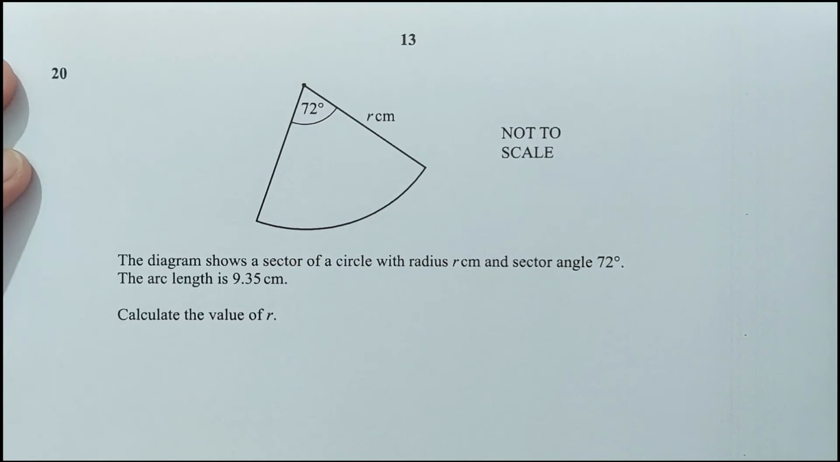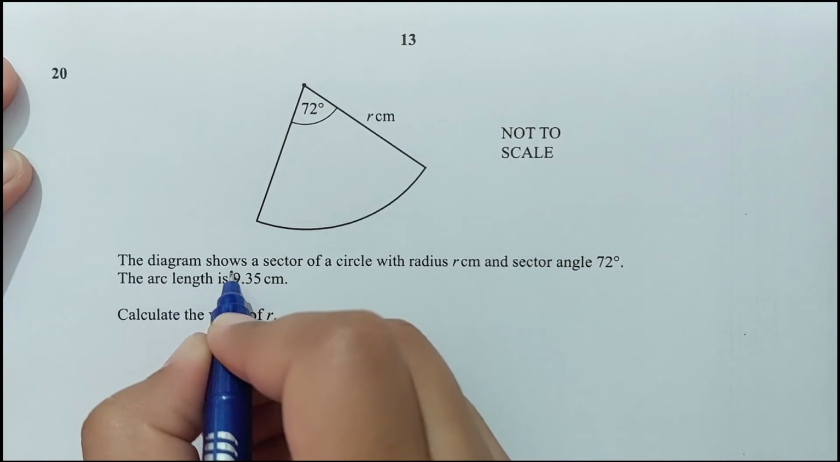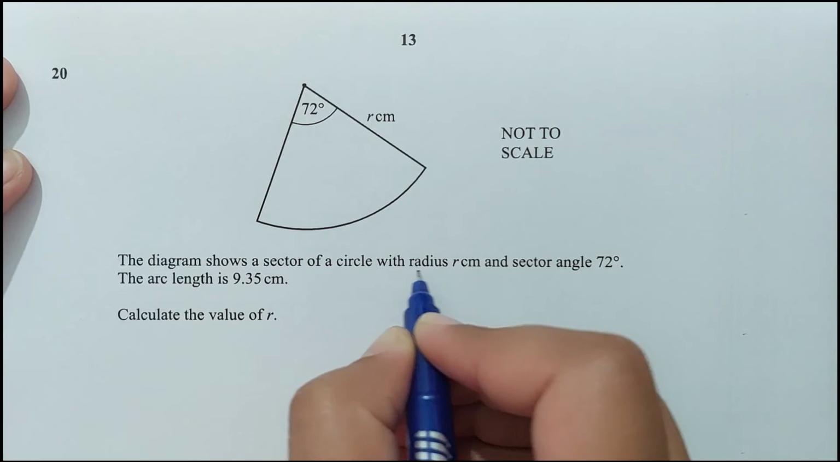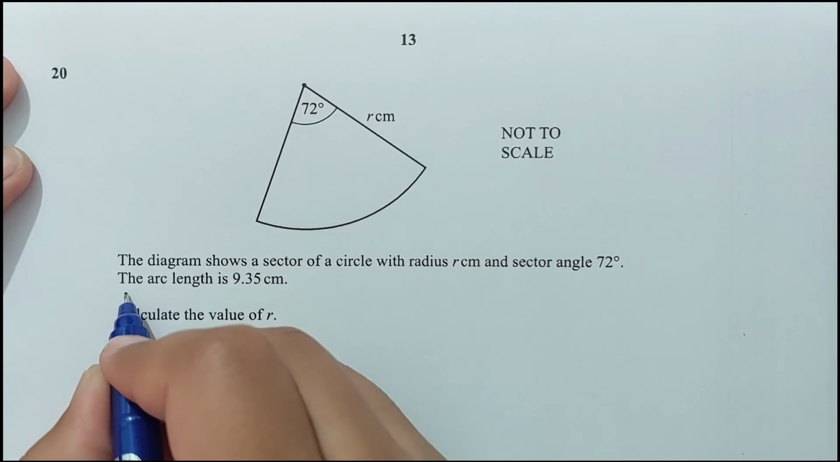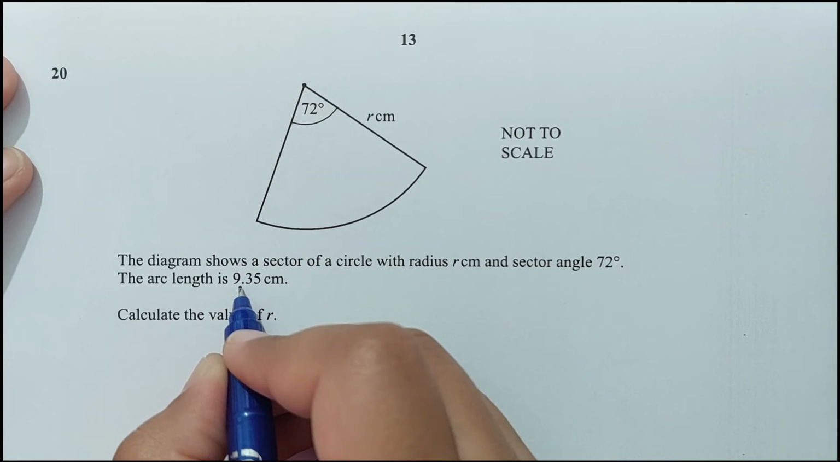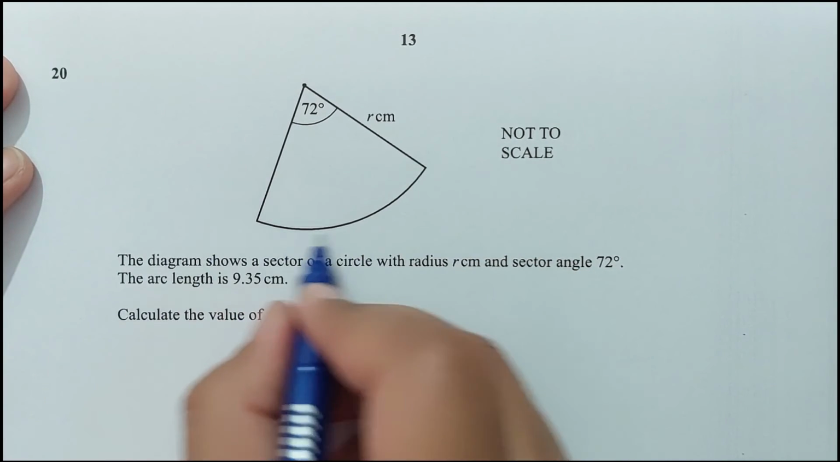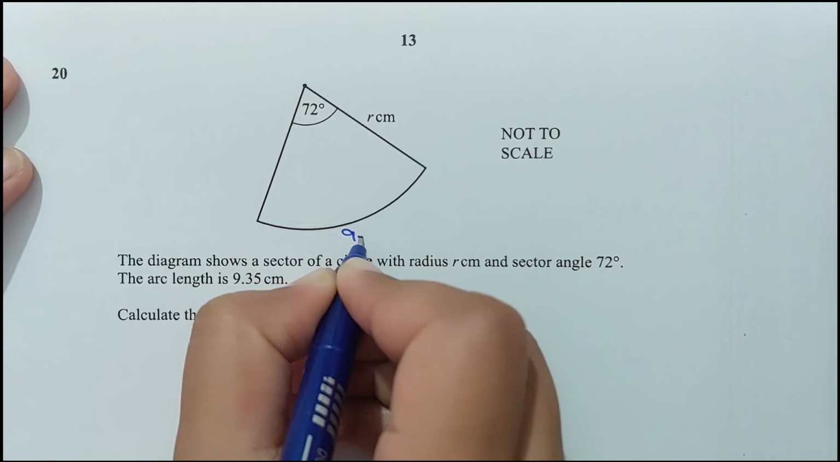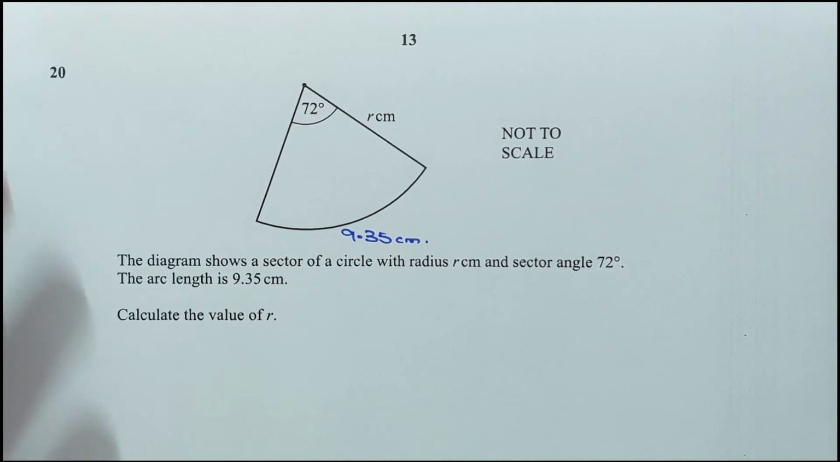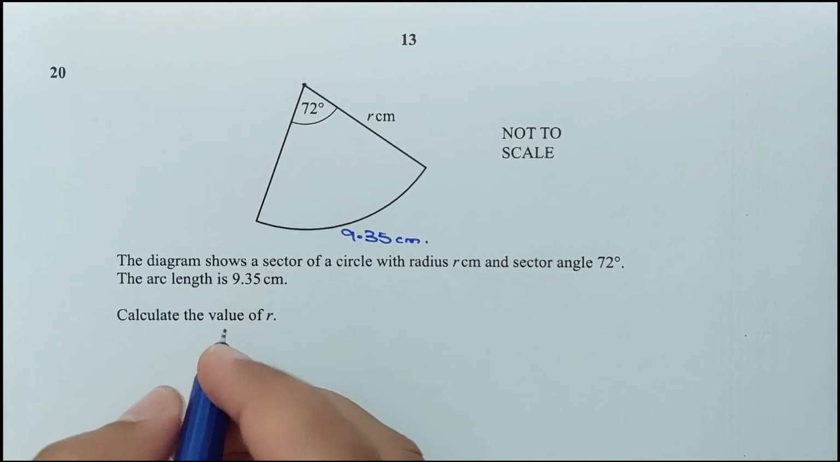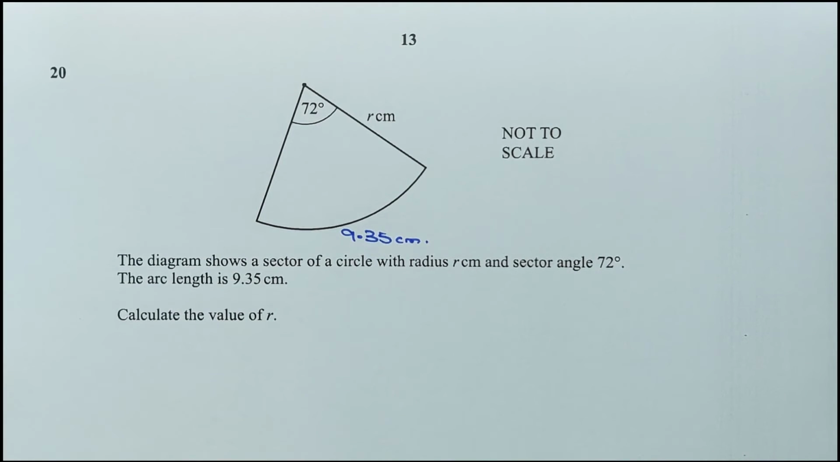Right. Question number 20, the diagram shows a sector of a circle with radius r centimeter and sector angle is 72 degrees. The arc length is 9.35 centimeter. This is the arc length we have given, which is 9.35 centimeter. Calculate the value of r. So arc length is